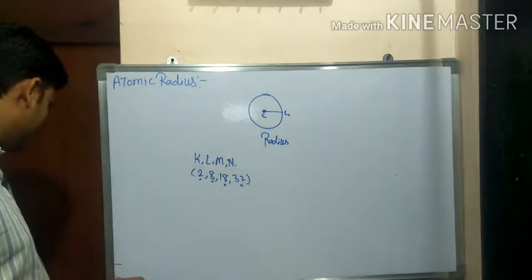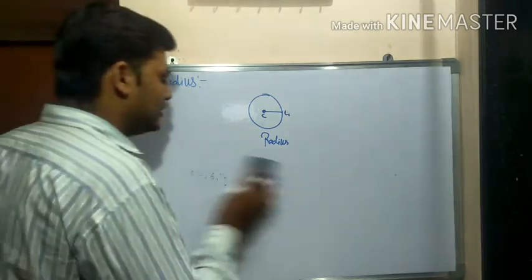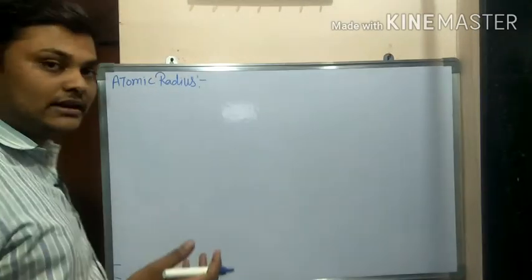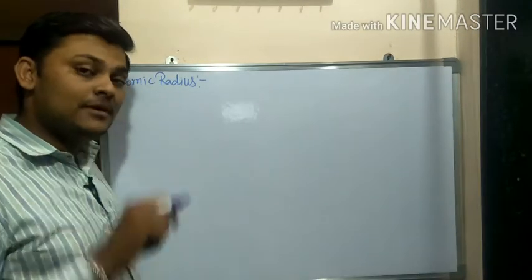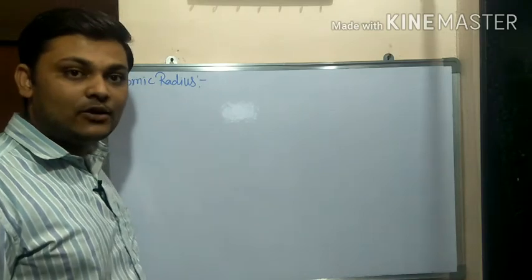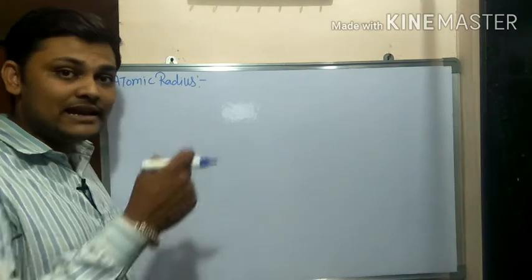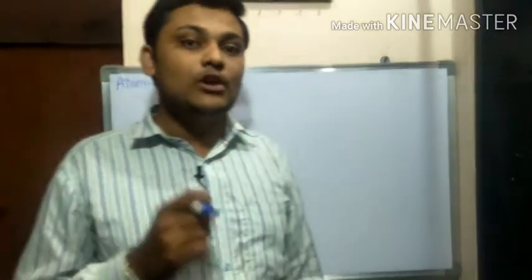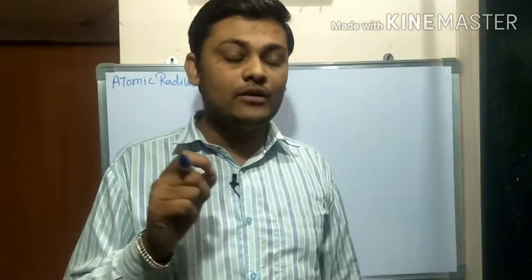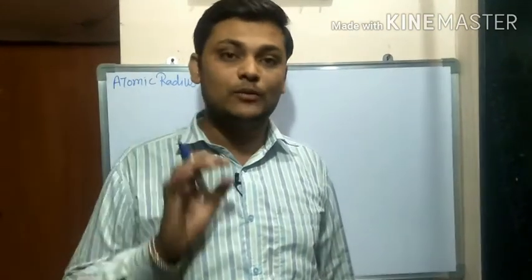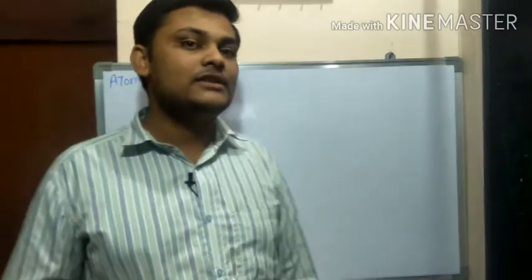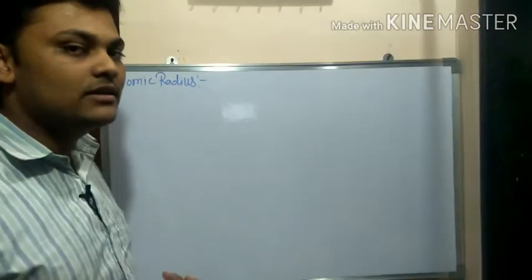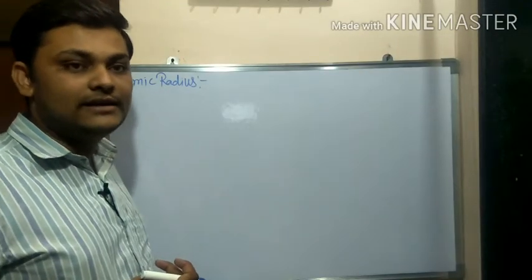Okay students, now I have taken one example too. Have you ever seen potassium? So we'll take one example of potassium, and I will tell you what exactly atomic radius is. We studied in the previous class that atomic radius is the distance from the nucleus to the last orbit, the distance between the center of the nucleus of an atom to its outermost orbit. So we can define it like this: atomic radius is the distance between the nucleus of an atom and its outermost shell.